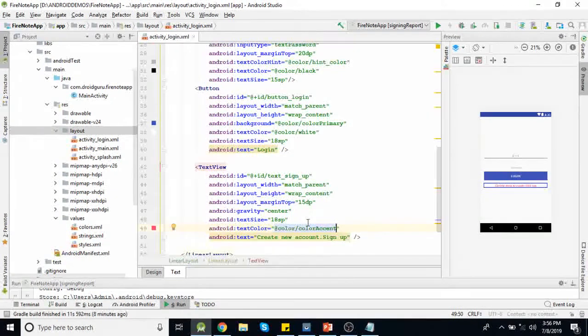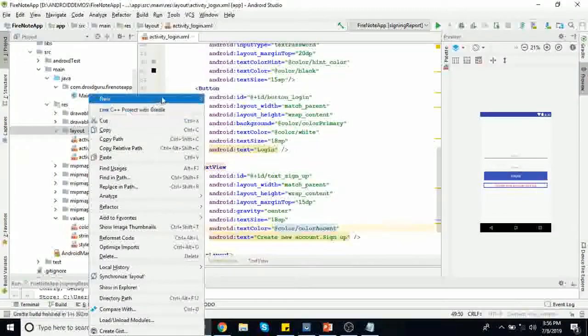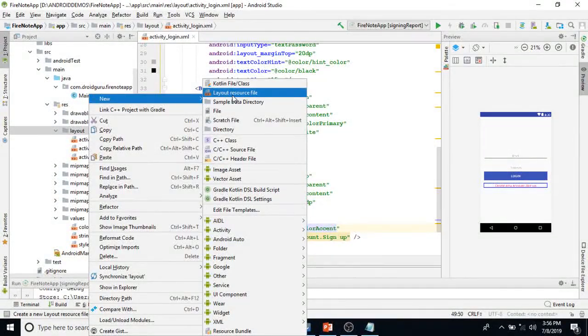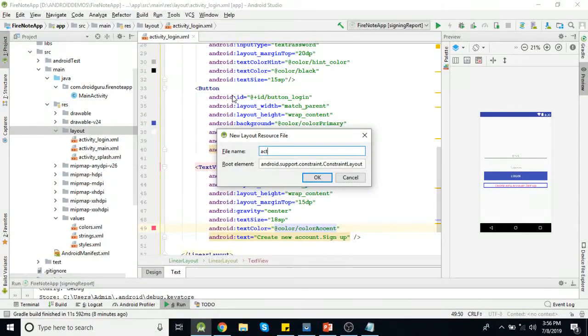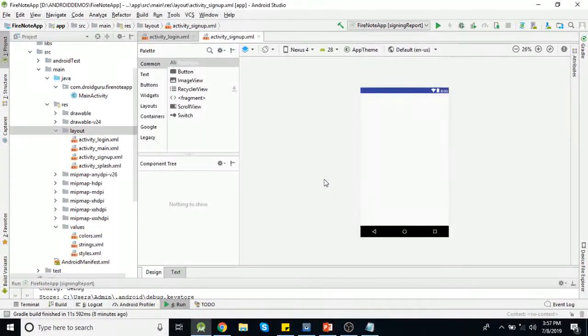Now after clicking on the sign up option, we'll create one layout for sign up, that is activity_sign_up. Here also I want the root element as a linear layout, so I am changing it.